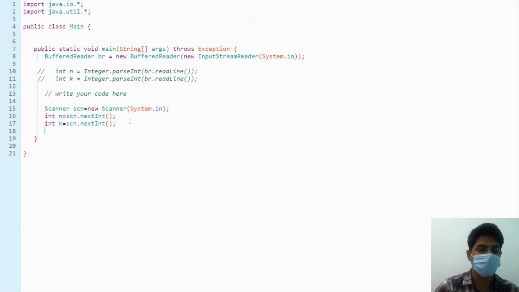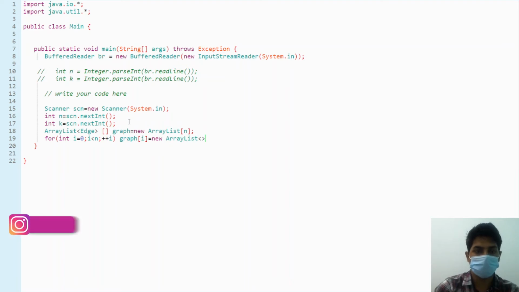We have to make the graph also, so let's make array list of edge, array graph is equal to new array list, array of size n. Now for integer we have to allocate memory to each array list. Graph of I equal to new array list.